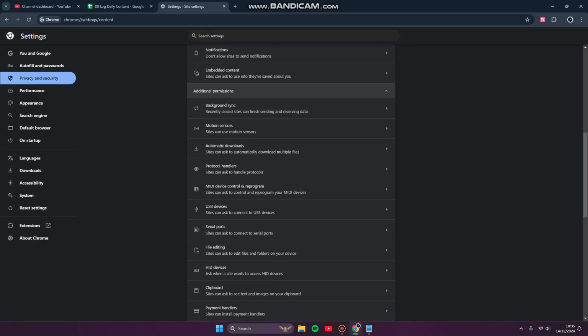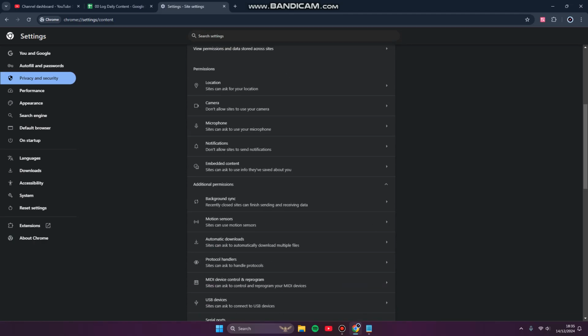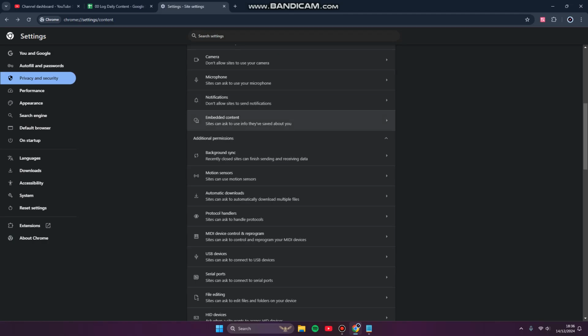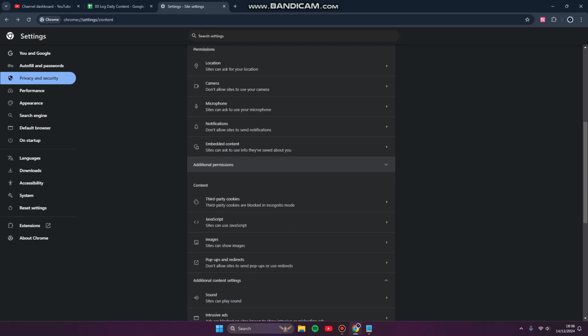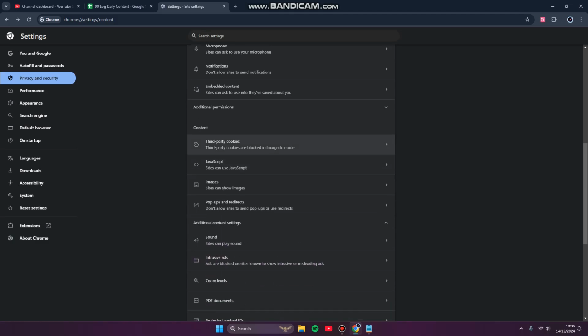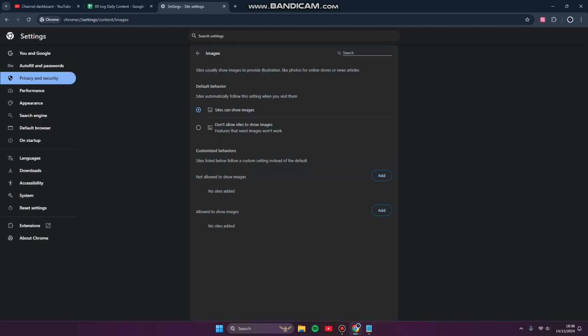and here you can try to find the images. But if you don't find it in the latest version, you can see there's a content option, and there's an images option, click it, and here sites usually show images to provide illustration, like photos for an online store or